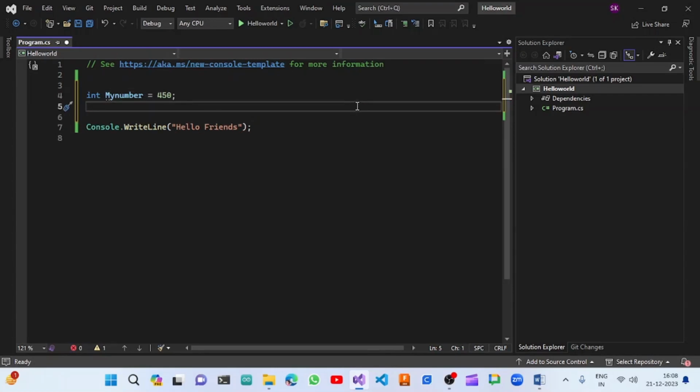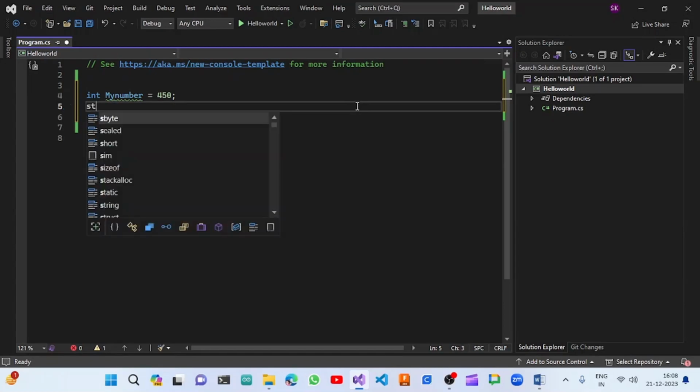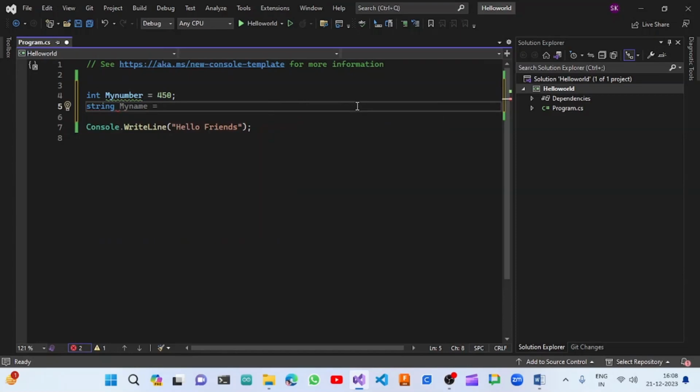And then if you want to create a variable with the string data type, I need to create it like this. So I need to give the data type, and then I need to give my text, whatever name I can give, that will store my data. So my text will be